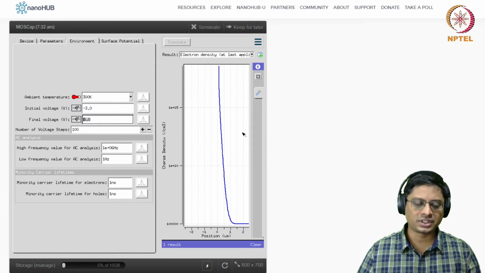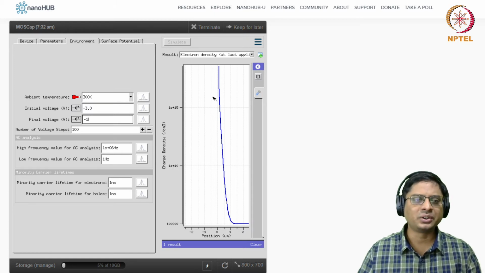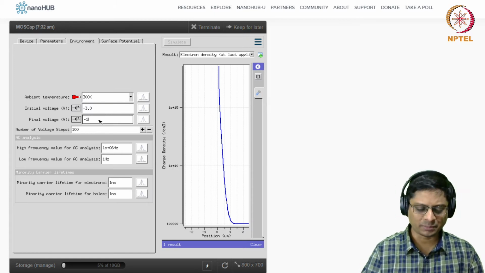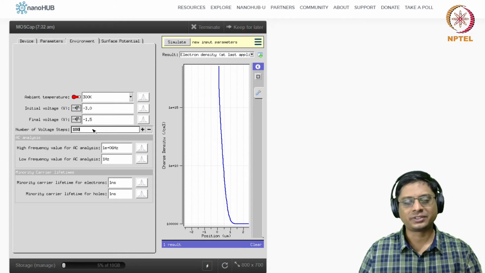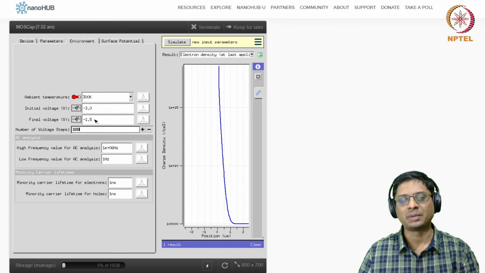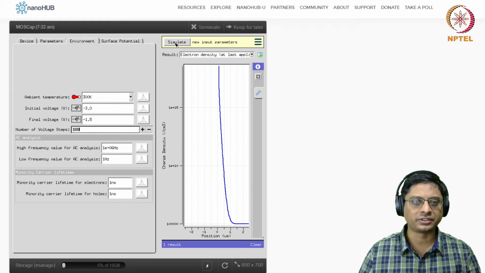Unfortunately, here you can't look at any particular voltage. So let me take minus 1, where I think this should be in depletion, or even minus 1.5. There I know that it will be in depletion mode. Unfortunately, I can only see the last applied bias. I was seeing only 5 volts, so now I'll run it only till minus 1.5.